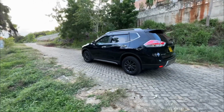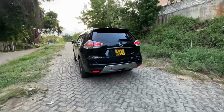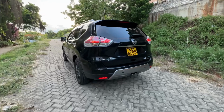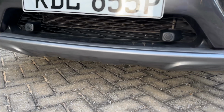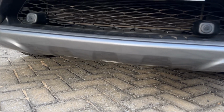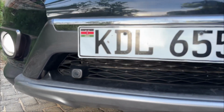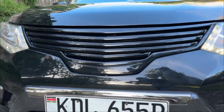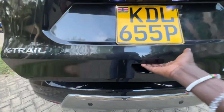So the Nissan Xtrail is actually designed not to be used on the urban setup only. You can see it has a very good ground clearance of about 7.9 to 8.3 inches. That means you can drive it on rough terrains and in an urban setup, where there are bumps, you will just pass. So you see those two sensors which are there, they are able to help you with the emergency braking system. This particular one has a very nice grille, but let's talk about the boot capacity of the Nissan